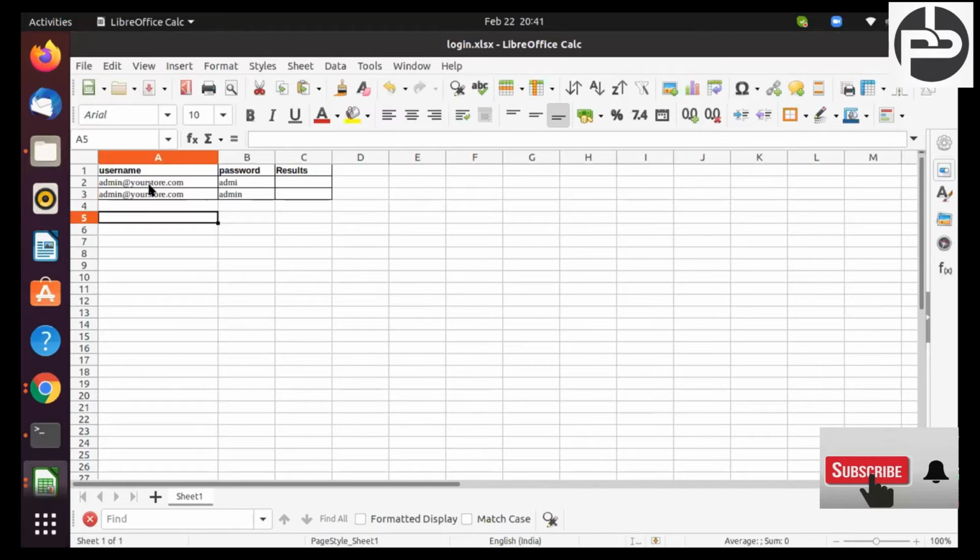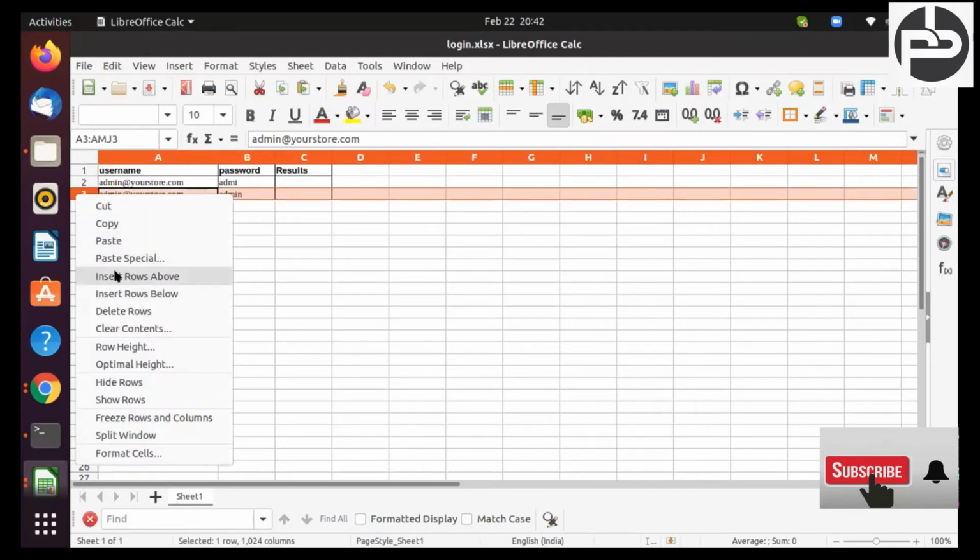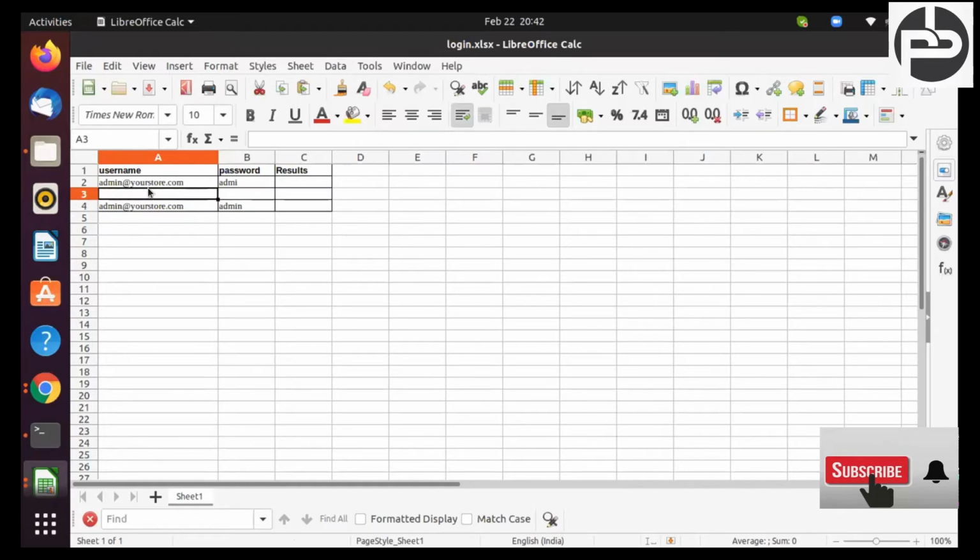Now just try to understand here, guys. Whenever you do this kind of testing, always start with negative testing. That means first pass the negative data, like incorrect username with correct password, correct username with incorrect password, and incorrect username with incorrect password, all those things. So I am passing this username and this password. Before that, I can insert one row above, and here I am passing an incorrect username like this, Shift@gmail.com.